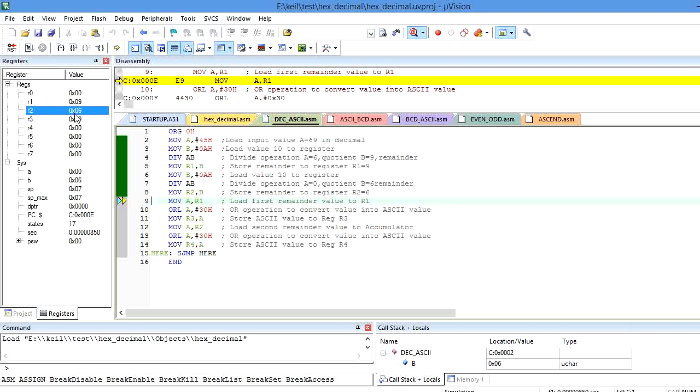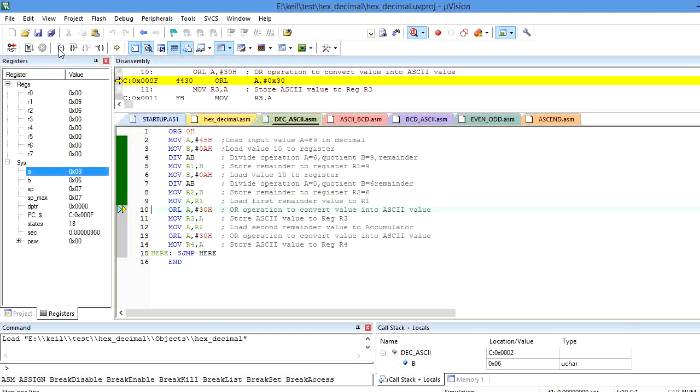Next, I will copy the first remainder, which is stored in the R1 register, to the accumulator in order to convert the decimal into ASCII value, by using the instruction move A, R1. Here I am copying the first digit of the decimal to the accumulator. I will perform the logical OR operation with 30H. Whenever I perform the logical OR operation with 30H on the content of the accumulator, it will convert into ASCII value.